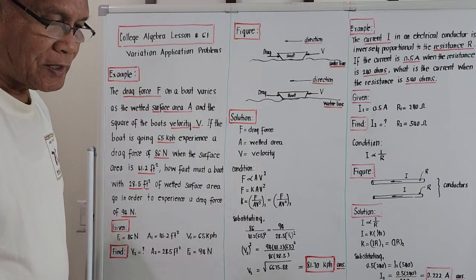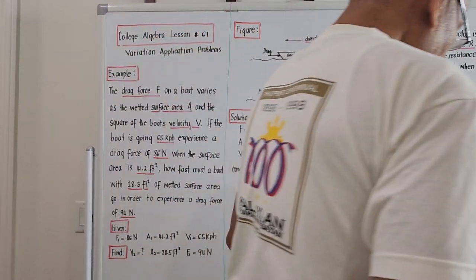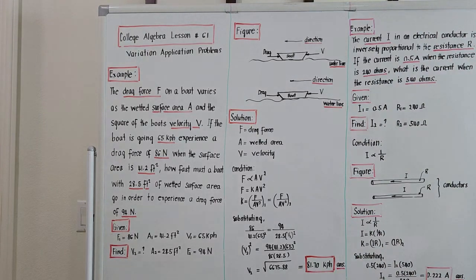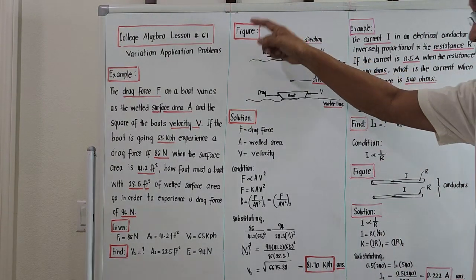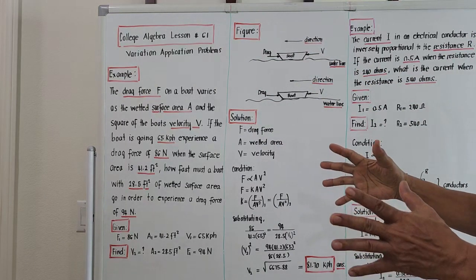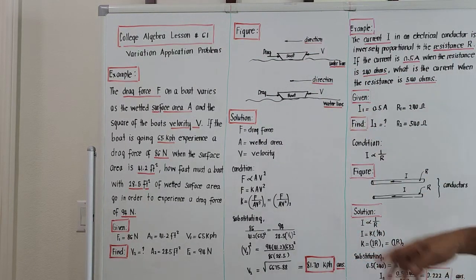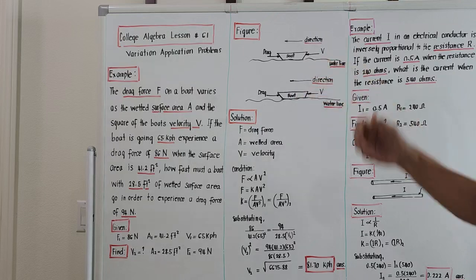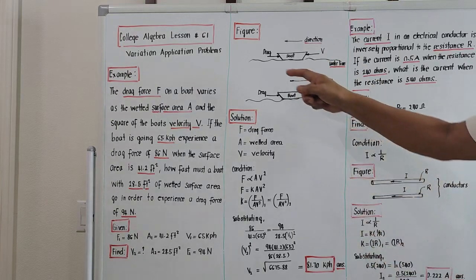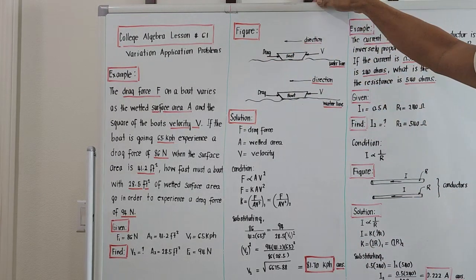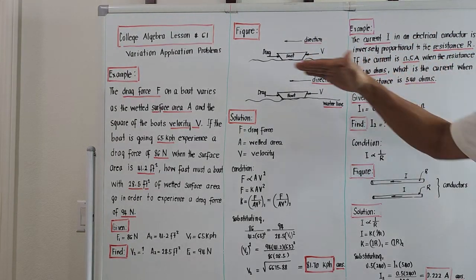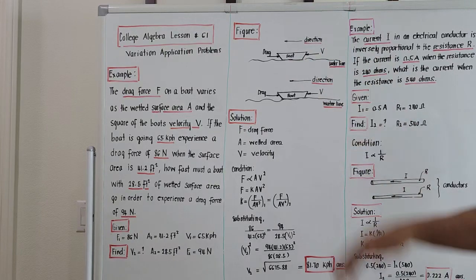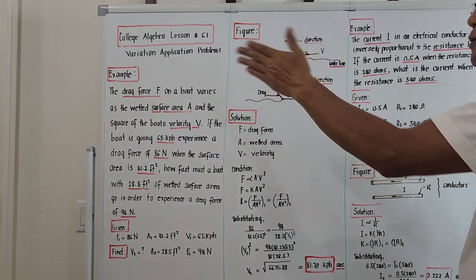Let's try to analyze the problem. The best way to analyze the problem is to figure out the conditions. There will be two conditions in the problem: condition number one and condition number two. For condition number one, we have the boat running on the water surface, and according to the condition of the problem,